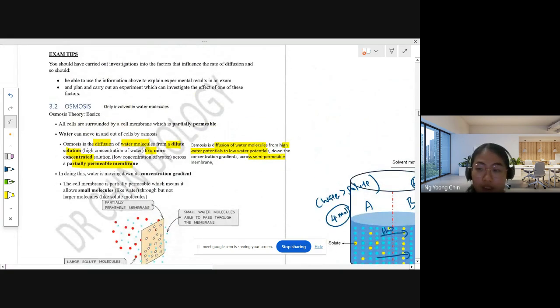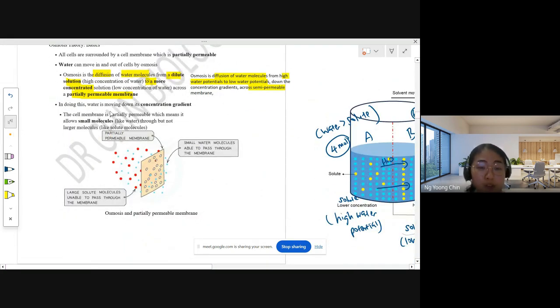Okay, so the water is also moving down its concentration gradient through the partially permeable membrane. You can write it as partially permeable membrane or semi-permeable membrane. Permeable membrane means that on the membrane, there's a small hole on it. See, a small hole like this. This hole is not a big hole. It's just a very, very small hole, small enough to allow the water to pass through it. So they call it semi-permeable, okay? It only allows small water molecules to pass through it, but not larger molecules like the solute molecules,